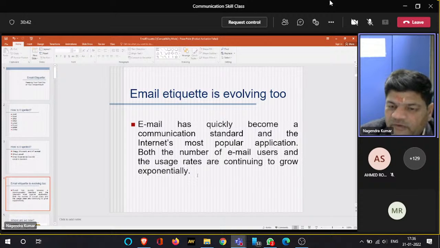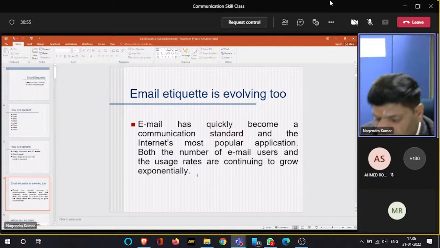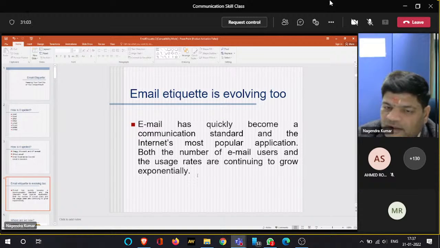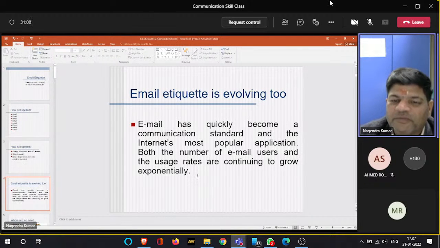So you will find it everywhere in all the gatherings. When we go for any marriage party or any party, we do not straight away head towards the food stalls and start plundering whatever comes our way. Rather, we wait for a signal, for the right time for the people to start, and then after we start. So etiquette is followed everywhere, and social life is all about etiquette. So if we live in society, the society decides the etiquette for doing a lot of things. Fine. So that's why email etiquette is also evolving with the evolution of email as one of the preferred means